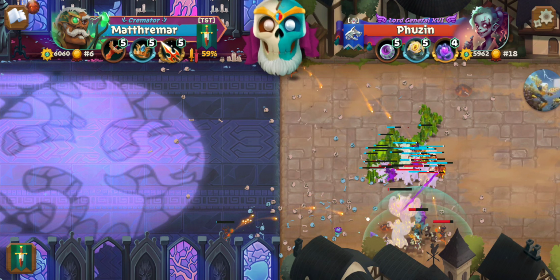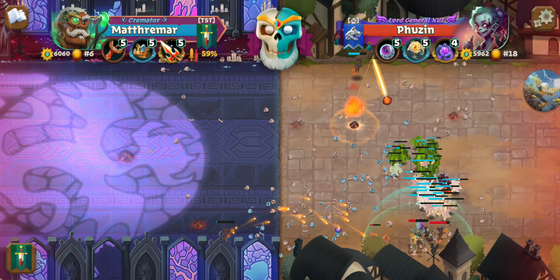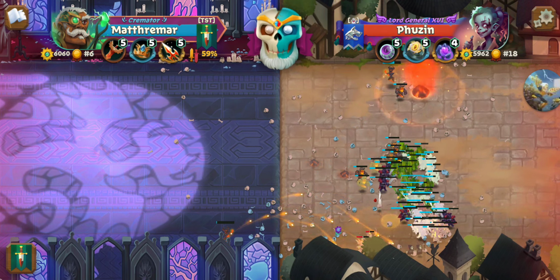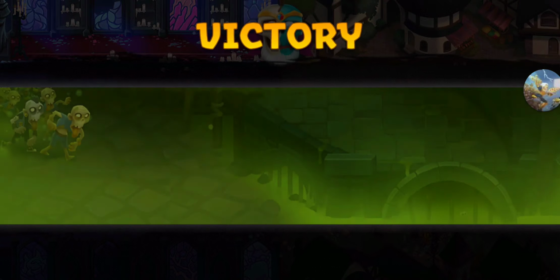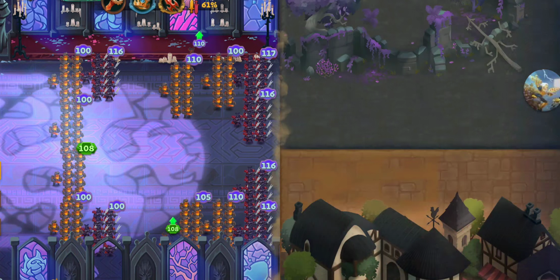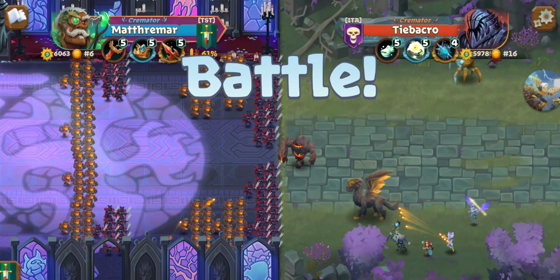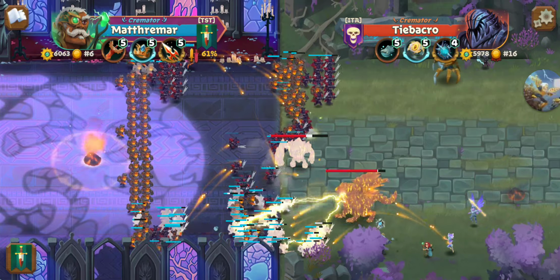And we should be able to push in here in the next 5 to 10 seconds and clean everything up. There we go. That spear just hits like a truck when you've got 20% of your base health in damage. Just absolutely savage. Okay, we got another